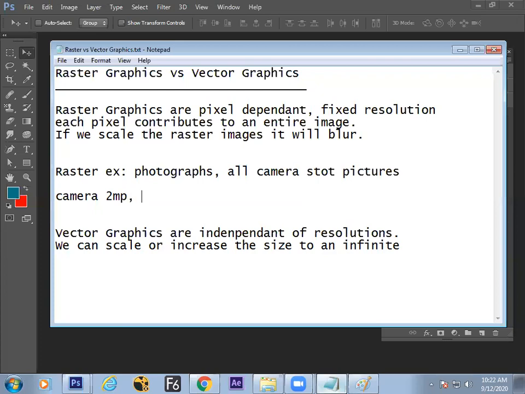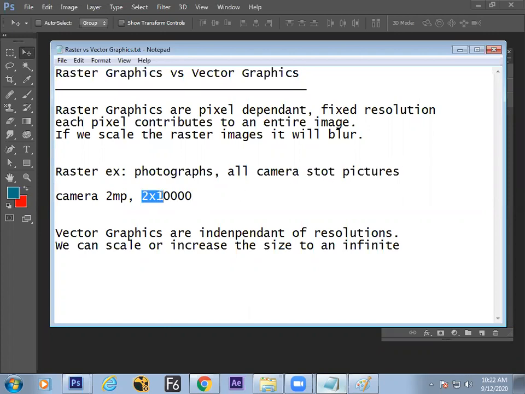2 megapixel means 2 into mega, so how much is mega? Kilo, 1000 is 1 kilo. 10,000 is 1 mega, right? So it's like that.